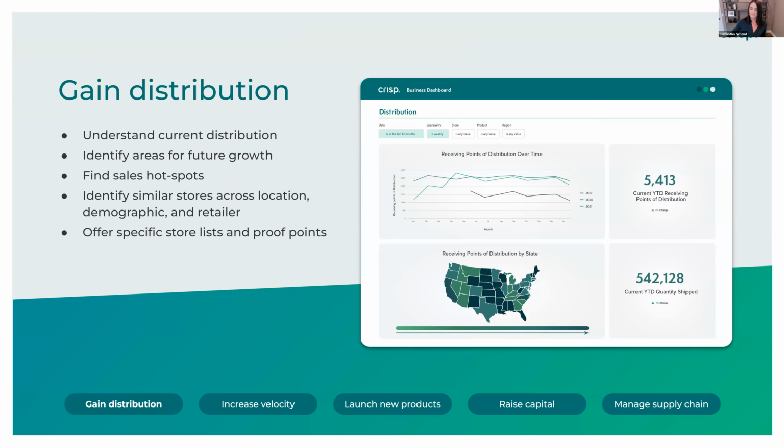So, growing distribution. For growing brands, gaining distribution is obviously a huge priority, but it's not always about growing just anywhere. It's about finding those areas where your brand has the greatest opportunity and highest chance of success. This is where Crisp really comes into play. So with a clear picture of your existing distribution,